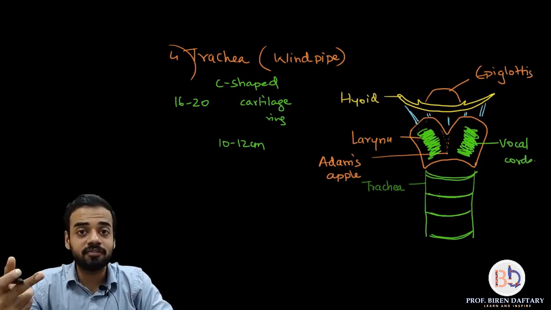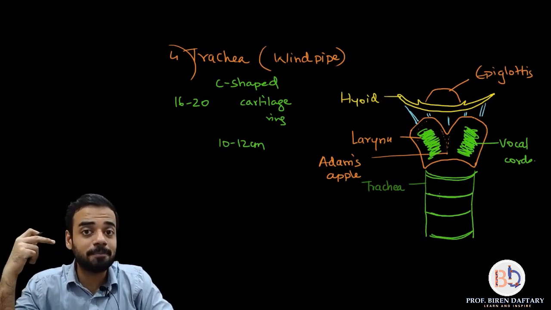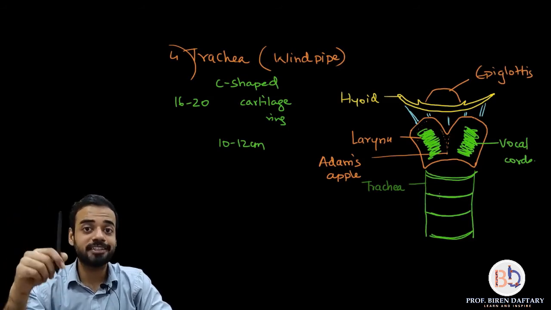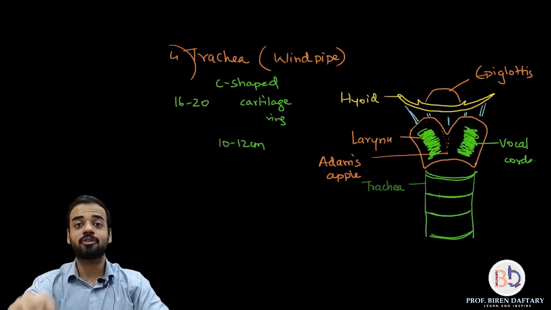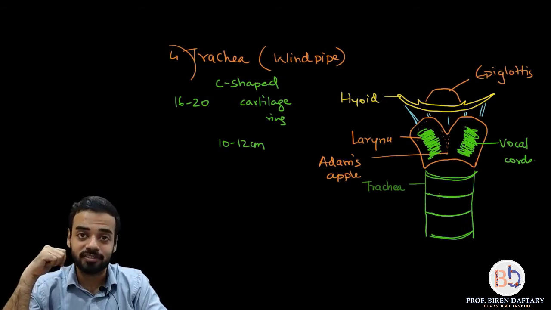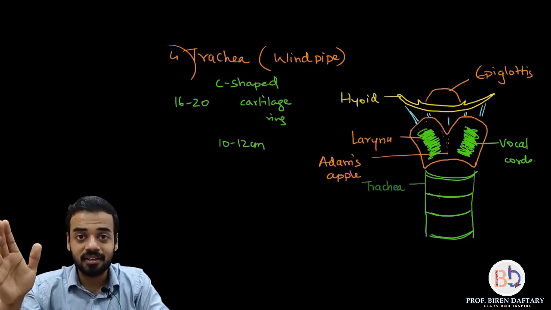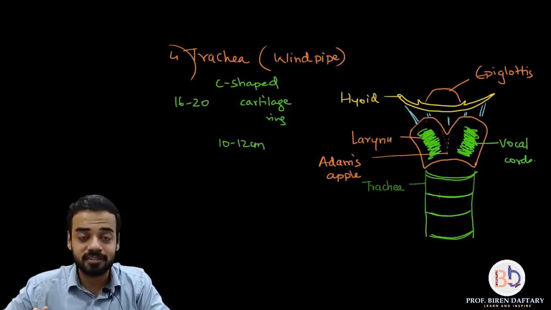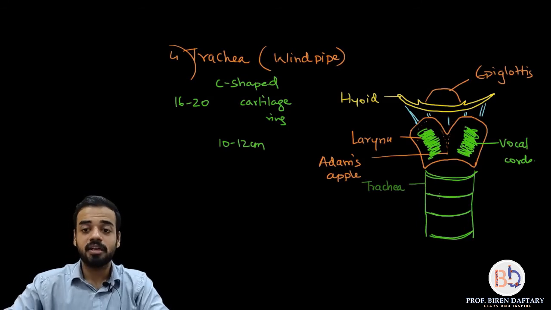Now the trachea is the windpipe. Behind the windpipe is your food pipe, which is the esophagus. So the esophagus passes behind the trachea. So right now I am facing you. First thing over here will be the trachea, and behind the trachea will be the esophagus. Okay, is this clear? The trachea is present after the larynx. Esophagus is present after the laryngopharynx. Is this clear?